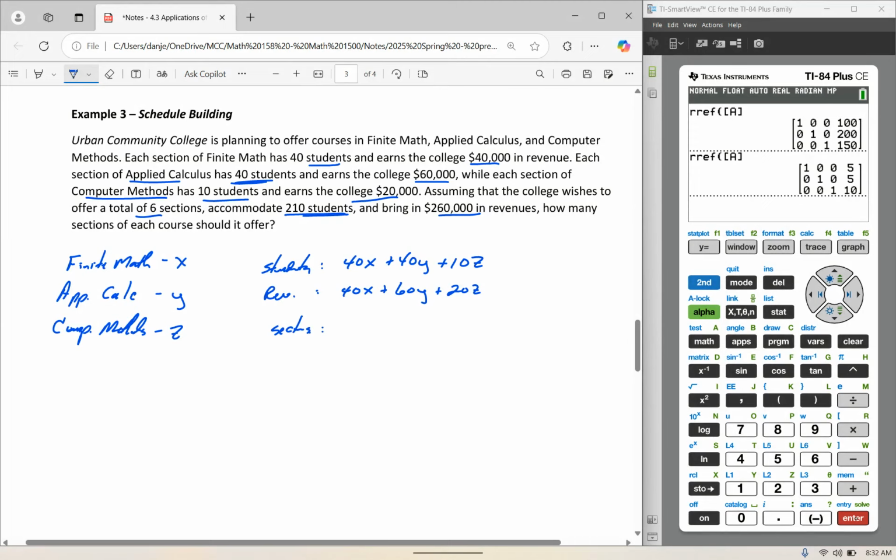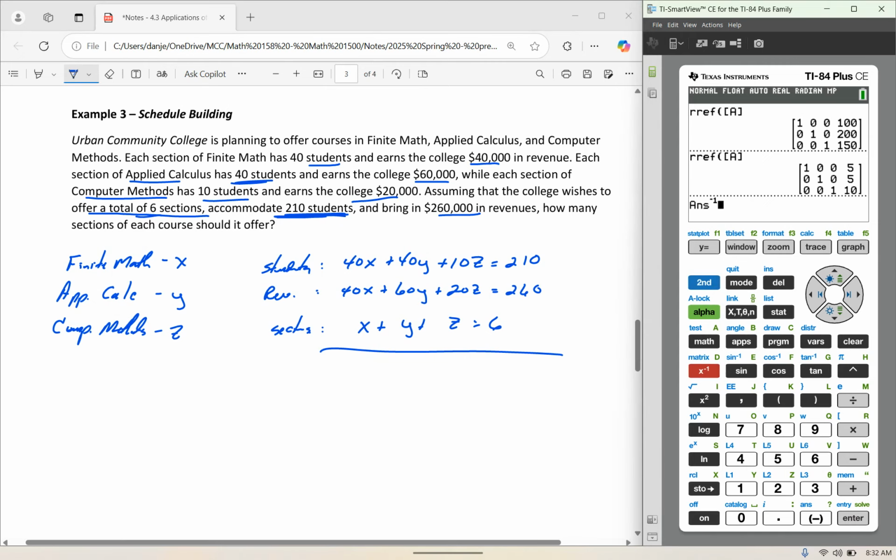And we also know that the college wishes to offer a total of 6 sections, so X plus Y plus Z equals 6. And again, as I said before, we want to accommodate 210 students, and we want to ensure $260,000 in revenue. Okay. Now, on the one hand, given the numbers, I might look at these numbers and say these are fairly large numbers. So I'm going to go to my calculator,